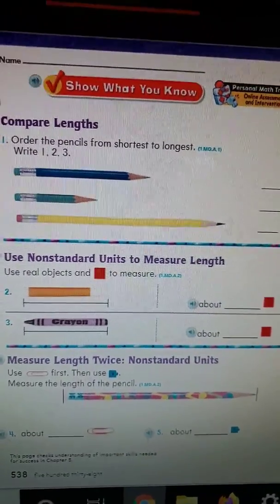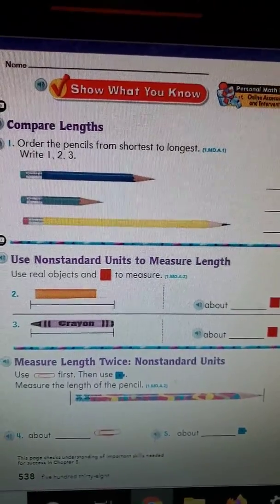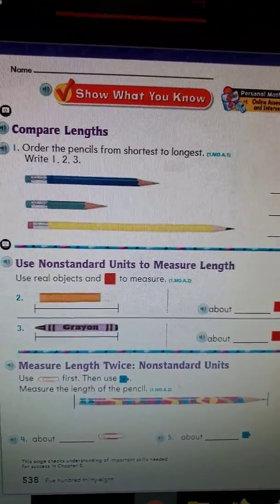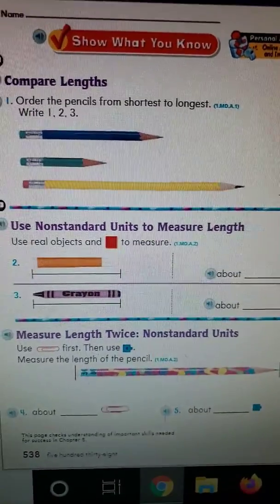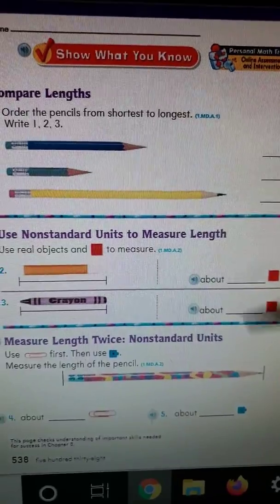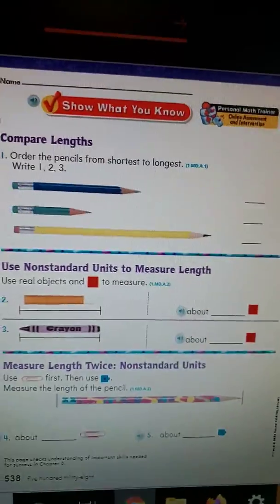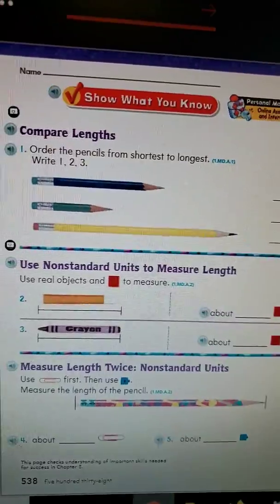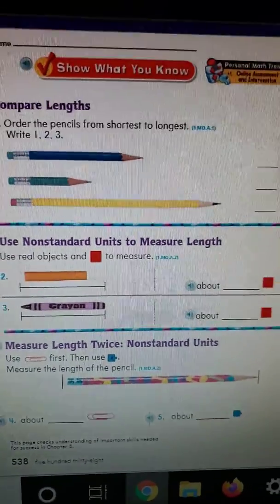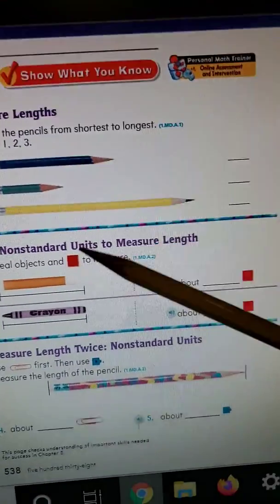So those are easy to compare, and those are easy to put in order, okay? Because there's a very distinct difference between the shortest and the longest. The second thing they want us to do here is use non-standard units to measure. So that's back to using something like our die to measure with, or a block, or a paper clip. So if we were to use blocks, as they're asking us to do on this particular page,